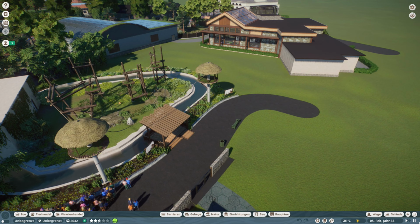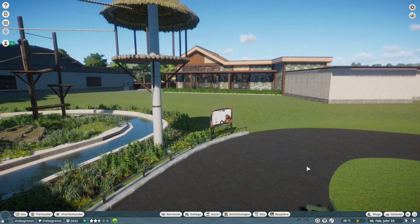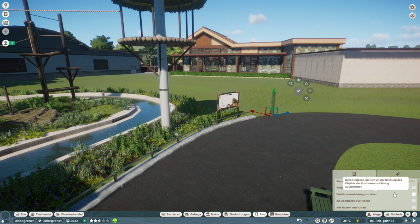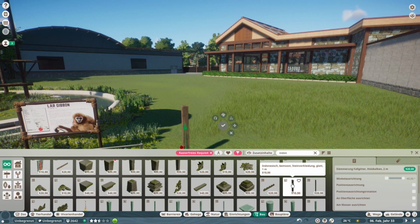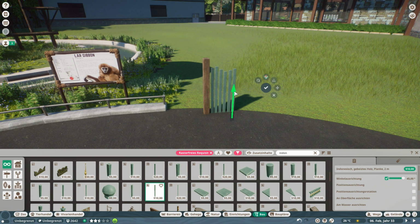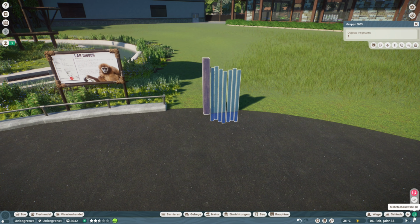Some of you guys told me in the comments from the last video that it would be okay if I built a habitat for the binturong, so that none of the animals that you didn't choose in the voting should be out completely, so that we actually can build for them. So the plan was to have a habitat here, and that is going to be our first shared habitat. I think the first? Let me think about it. Yeah. It would have been the first mixed habitat with the binturong,